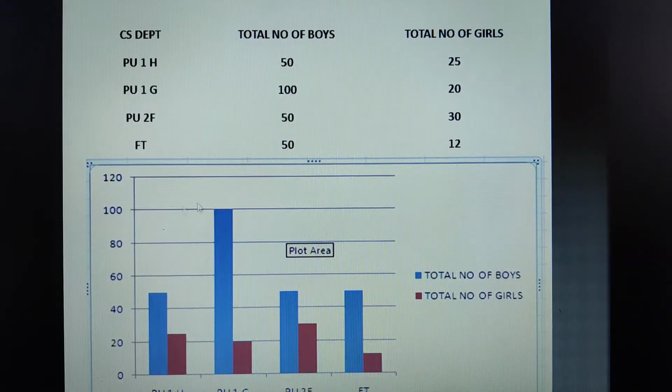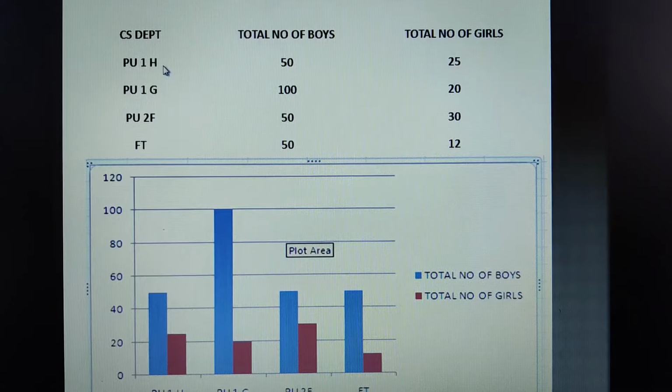When you look at your chart here, this is a columnar chart. Herein you can add the x-axis and y-axis. Here I have added the x-axis, and you can give the title for it. You can write it as sections, and on the y-axis you can write the values. The blue color shows the series, indicating the total number of boys, and the red color shows the total number of girls.